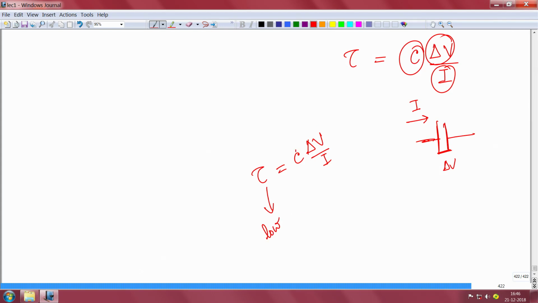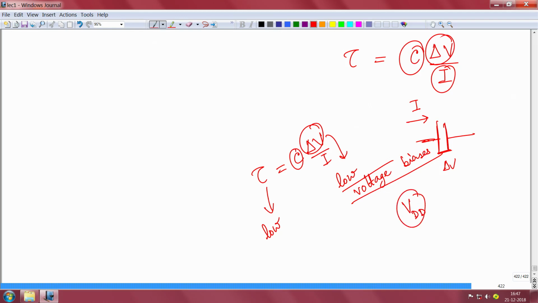And for that you need a low capacitance, and you also need low voltages. You need low voltage drives, or you can say low voltage biases, right. So, that is why with faster generation, latest generation devices, your VDD is also shrinking. VDD is the bias, and this bias is shrinking, so that the voltage that you have to move around across these devices also reduces. You can get faster devices. So, drain bias does play a role in how fast the devices work in a way.